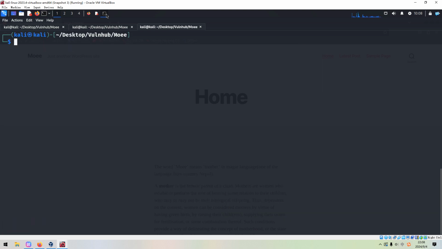Next, we can launch GoBuster to do the directory enumeration. And we can use the -w option to specify the wordlist. I can use the dirbuster wordlist, medium, and the extension option. Okay, press enter.